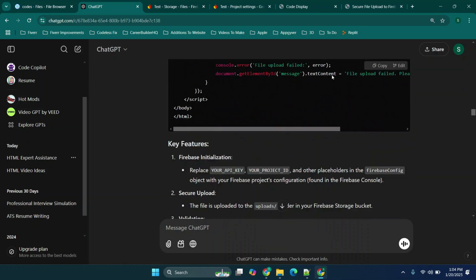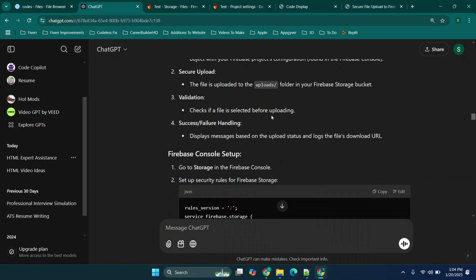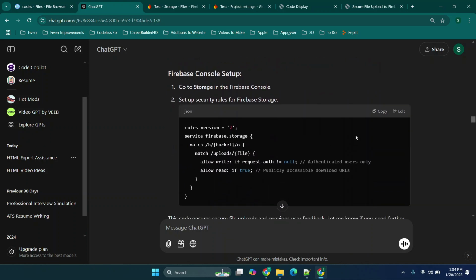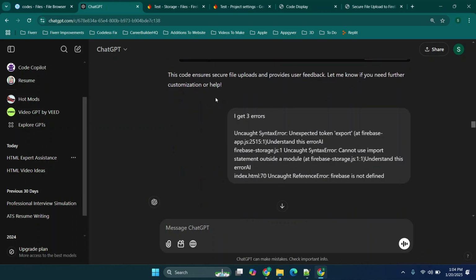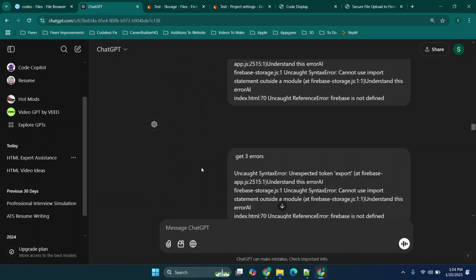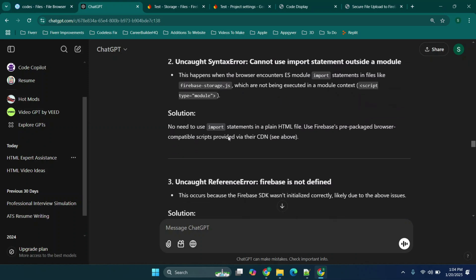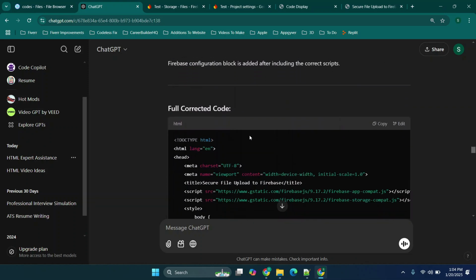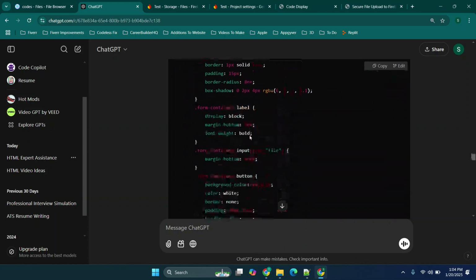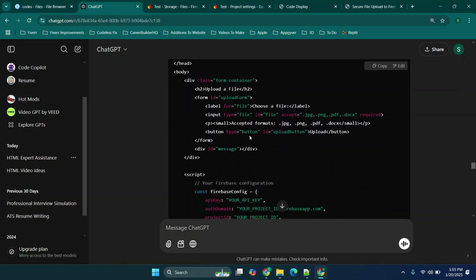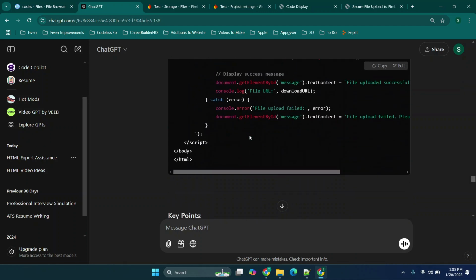Now, once I got that, I continued through because there were some mild issues that I had to address, and then there were some security measures as well. And I will not be covering the security in this video, but basically what we ended up finally getting was the full corrected code. Now, this is the code here,